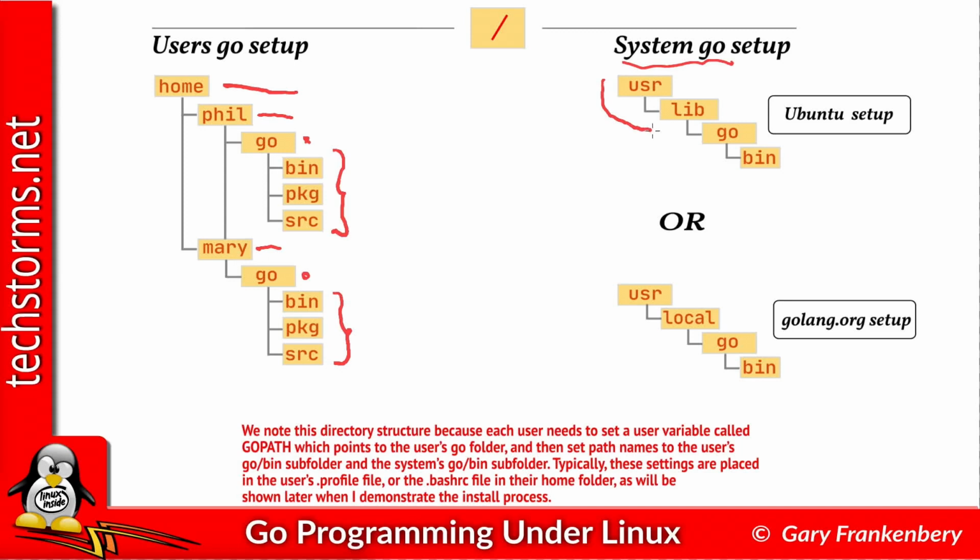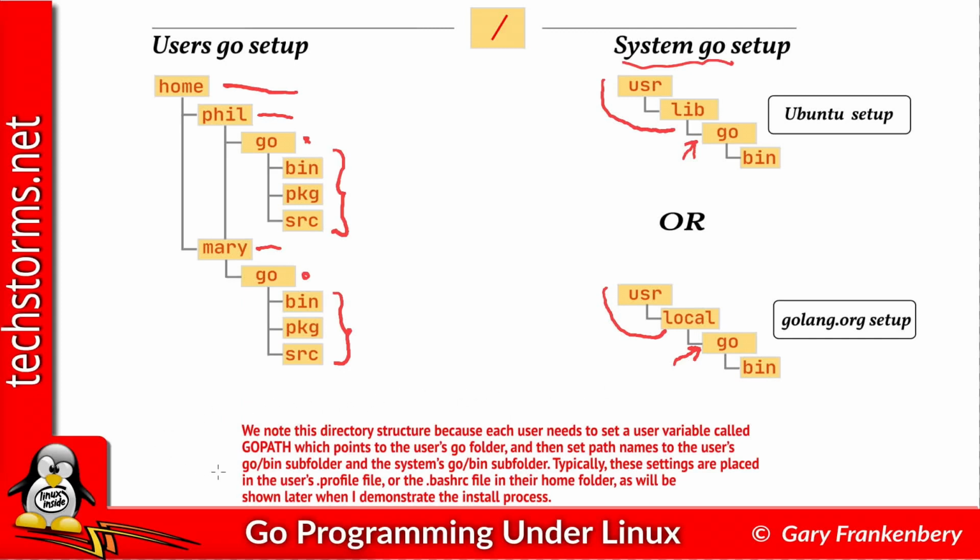An Ubuntu install from the Ubuntu stock repository or from a personal package archive repository automatically installs the System Go folder as a subdirectory of the /usr/lib folder, while an installation of Go recommended by the Golang.org website has you expand a downloaded file and suggests that you manually move the System Go folder to be a subdirectory of the